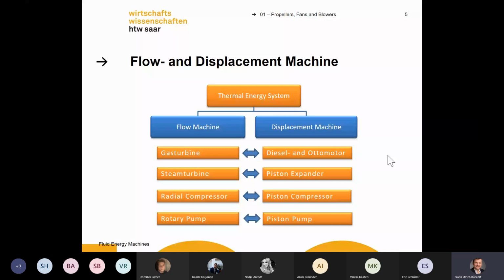But in former times, we had also big piston compressors. Nowadays, they are not used so often anymore. If you had the chance to visit Völklingen,